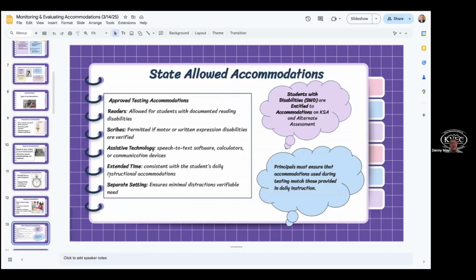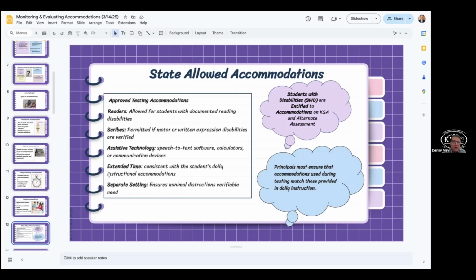So we have to think about, is this something we're doing? Now, I'm going to tell you a quick story. When I was director of special ed at Pikeville Independent, I noticed very quickly that our students were having some difficulty with the reading portion of the exam, and I think the big thing was that there was a clear difference in the accommodation in the classroom and the accommodation that they were receiving on the test, because we were giving a human reader in the classroom, and then when we went to the state test, we were giving an automated version of that reader.